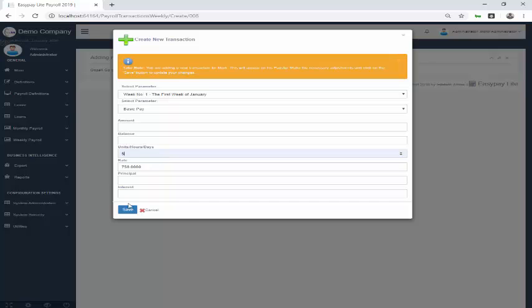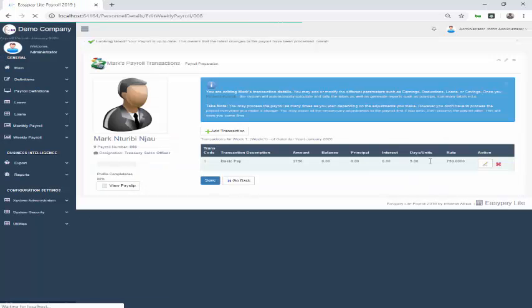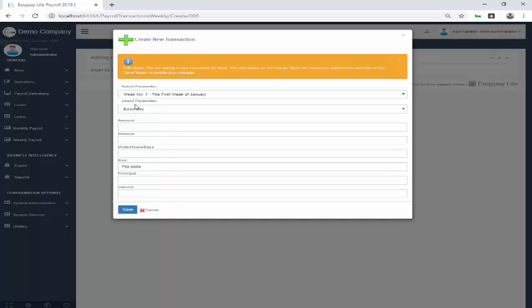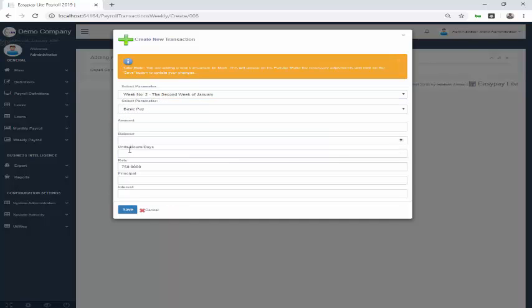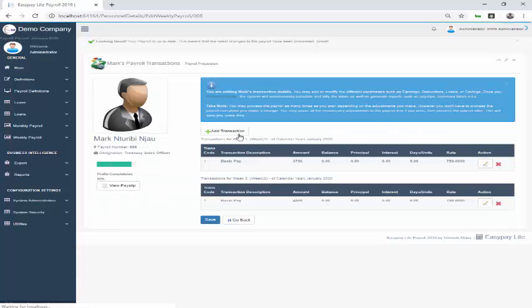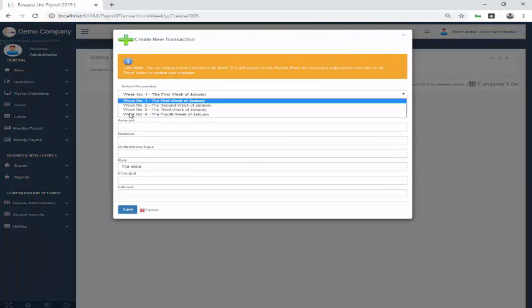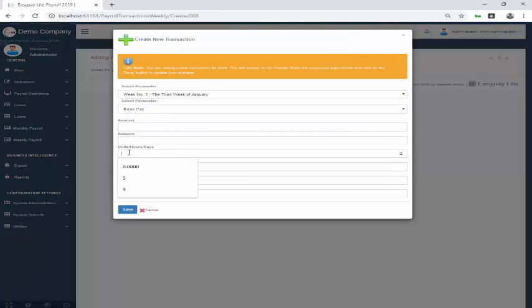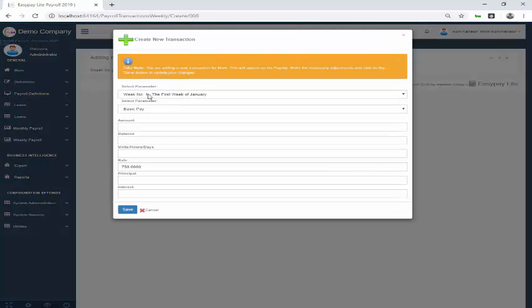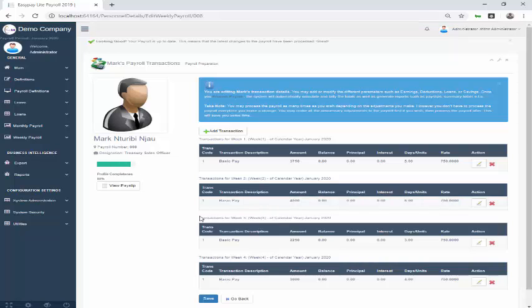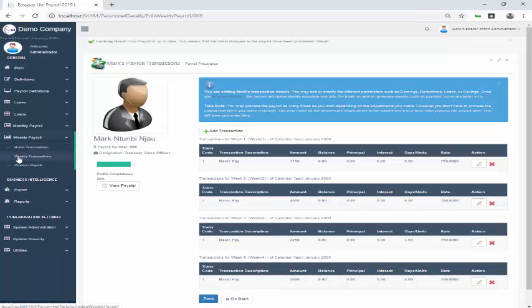Let's just say they worked for 5 days on the first week. They worked for maybe 6 days on the second week. They worked for 3 days on the third week, and lastly 4 days. So let's just do a couple of examples for some different employees and see what we get. So we've done that one. Let us now do